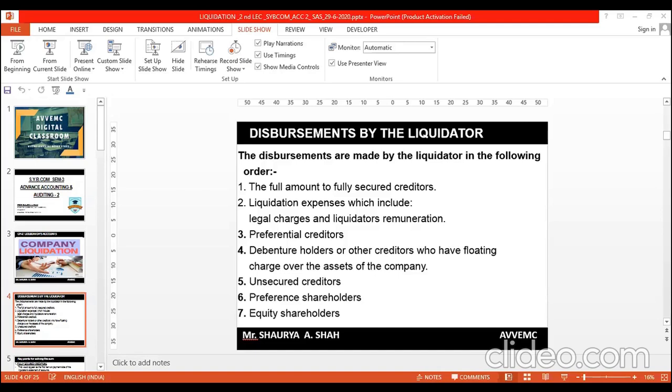Next, you have to pay 2 years' dividend to cumulative preference shareholders. Now preference shareholders are cumulative, right? What do you mean by cumulative, students? If in one year any loss happens and dividend is not paid, it accumulates. Next year you have to pay dividend for 2 years. So here preference shares are 10% and the value is 1 lakh. So 1 lakh into 10% is 10,000. So for 2 years means you have to pay 20,000 as preference dividend to the preference shareholders along with your preference shares. And the last is debenture holders, who were paid on